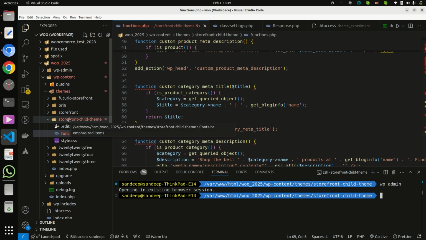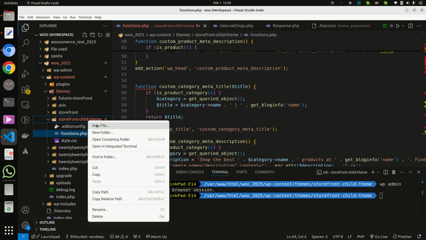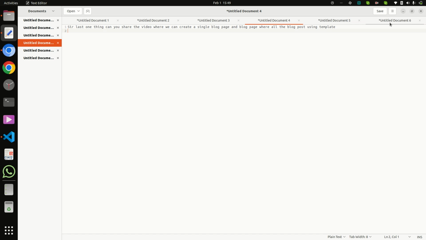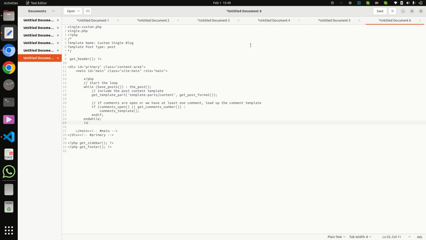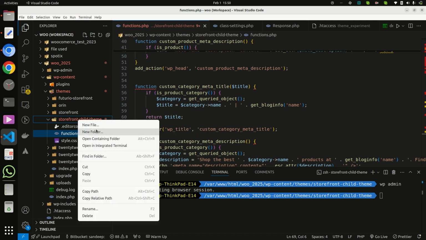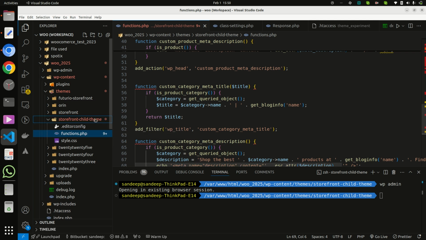go to your child theme and create single-custom.php. Means if we want to change anything for a simple post, then single.php is there. And if we want to add this file for other post types, then that post type will be here, like single-product.php or single-portfolio.php or others. So now create single.php inside your child theme, sorry, not a folder, it is a file